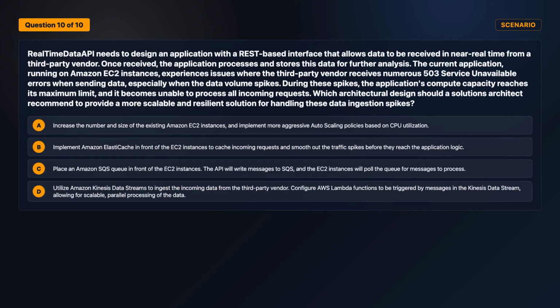Next up, question 10. Follow the operational constraint. Real-time data API: a company needs to design an application with a REST-based interface that allows data to be received in near real time from a third-party vendor. Once received, the application processes and stores this data for further analysis. The current application, running on Amazon EC2 instances, experiences issues where the third-party vendor receives numerous 503 Service Unavailable errors